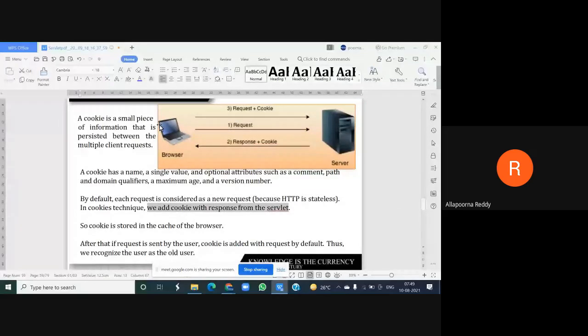So finally, our conclusion is that the cookie is stored in the browser of the client machine, where it maintains one storage, and what is that storage called? A cache. A cache storage will be maintained, and in that cache storage your cookie will be stored, right?